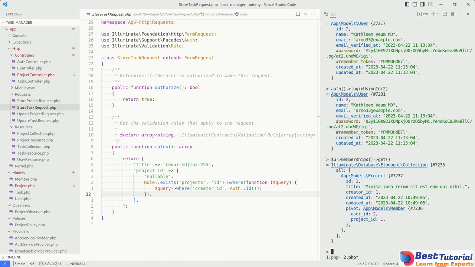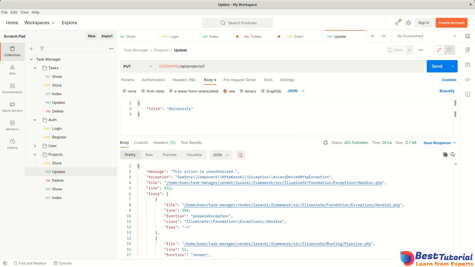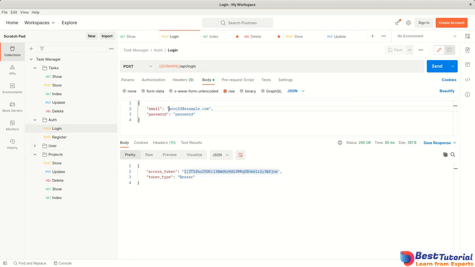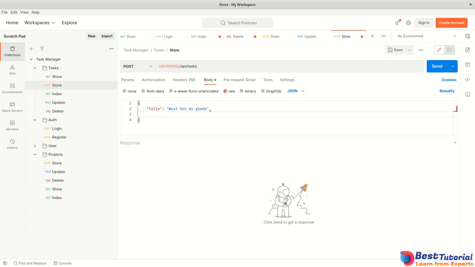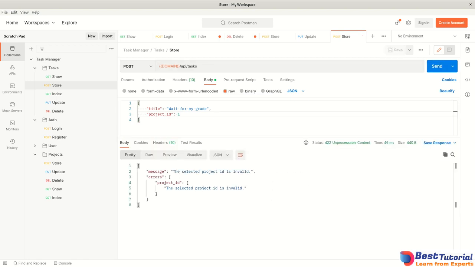So if we go over to Postman and first grab the email address of this user to get an authentication token. I think this is already, yeah, that's already the correct email address. Then go to our task requests and first set this correct token. If we now in the body add the project ID of 1, then you'll notice that we get a validation error saying that the project ID is invalid,